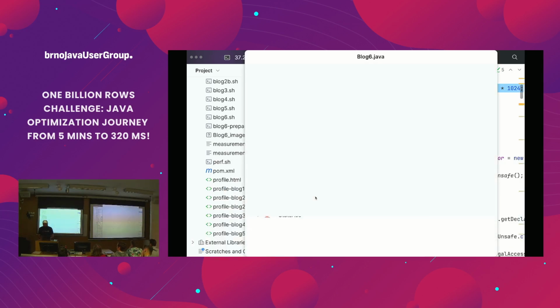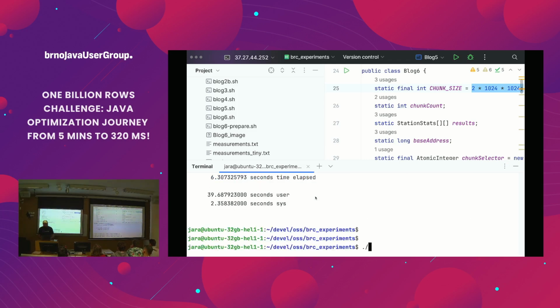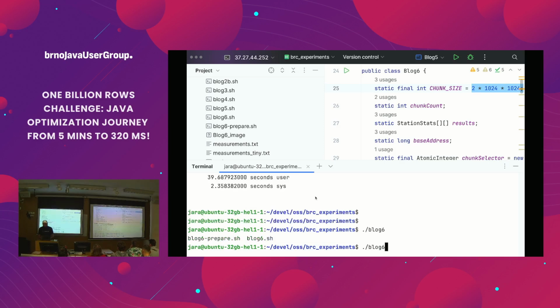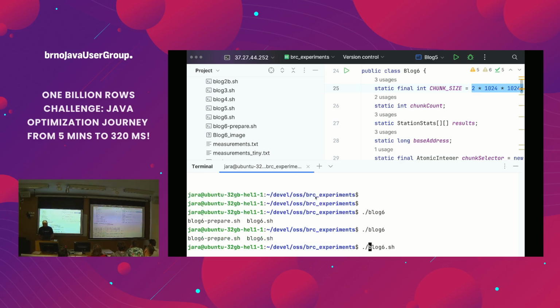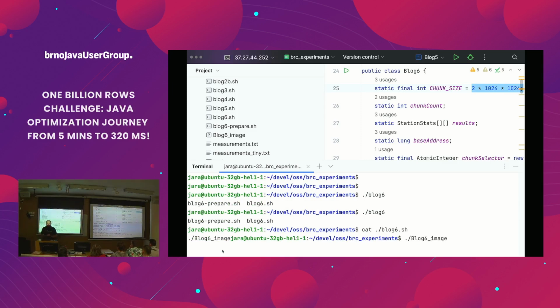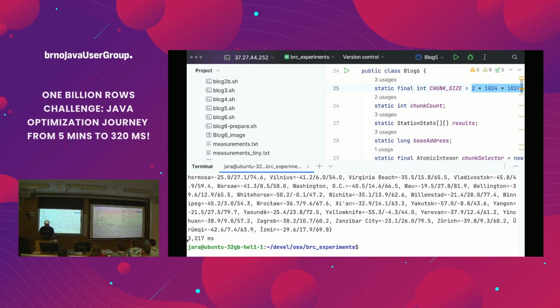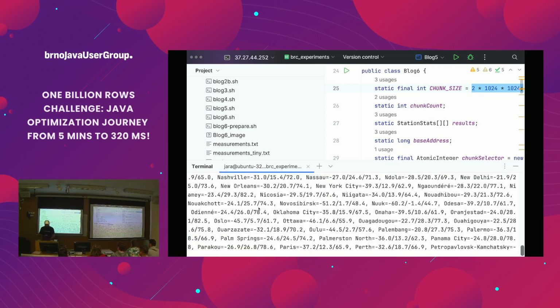So now if I execute it, okay, I can get the content because it's no longer starting a JVM. You can see it's just calling a native library. So I can do it like this. It's running this ahead of time compiled block 6, and you can see it was done in 3 seconds and something. That is the expected output.